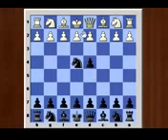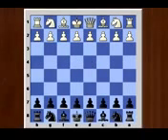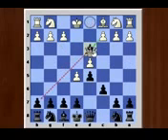In another game between two grandmasters, e4, c6, d4, d5, e5, bishop f5, bishop d3, and bishop captures d3 and queen captures d3,